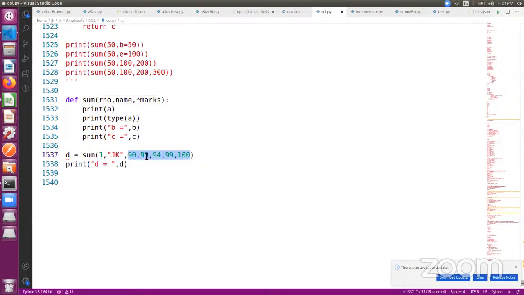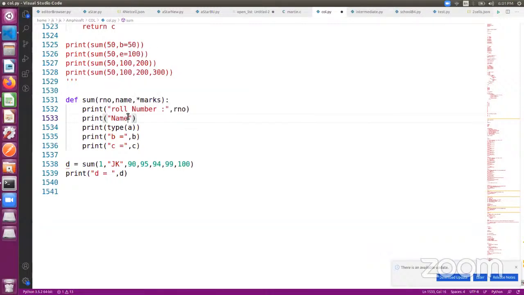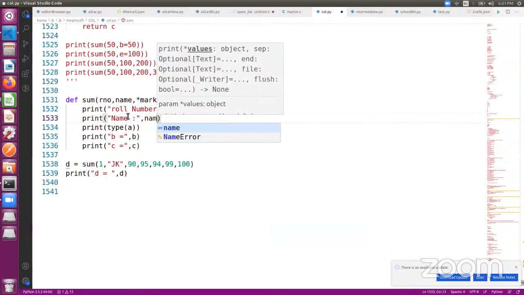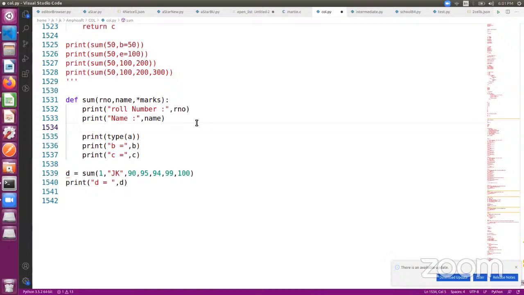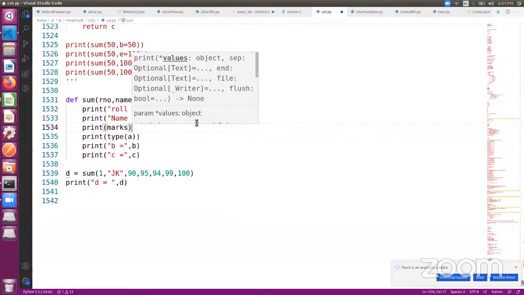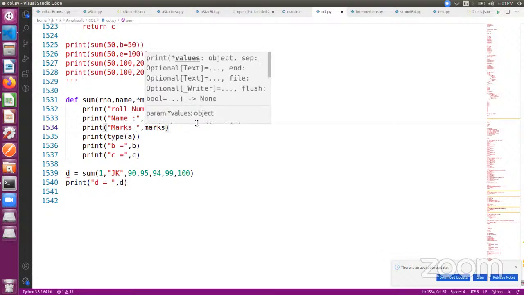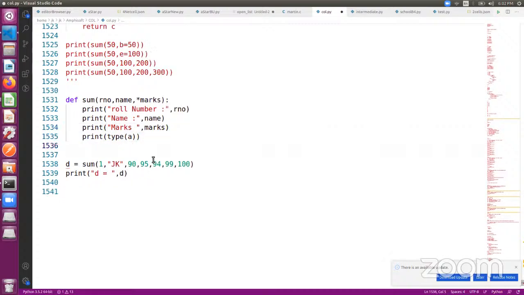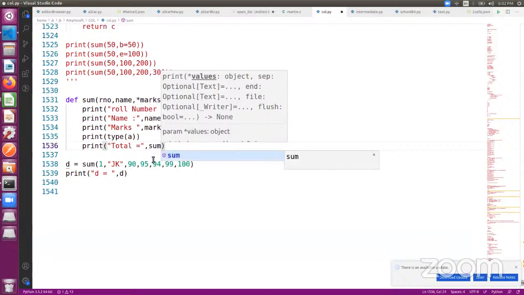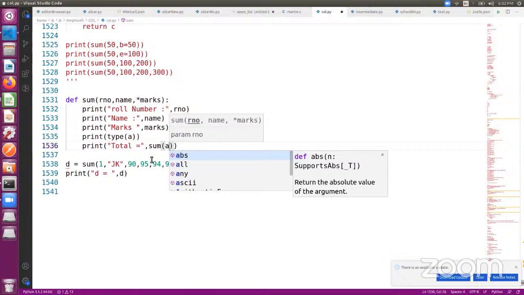Okay, so all these 5 values will come under marks. So he can write roll number, and then total equal to,